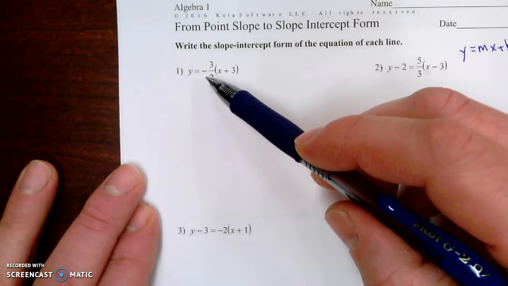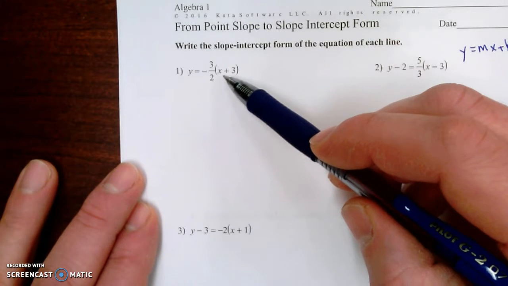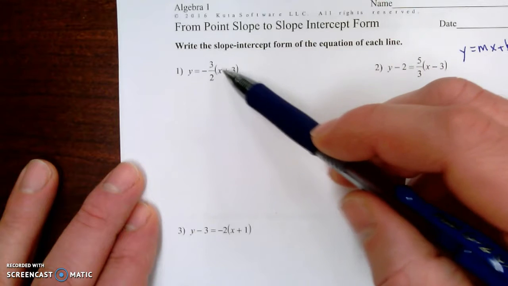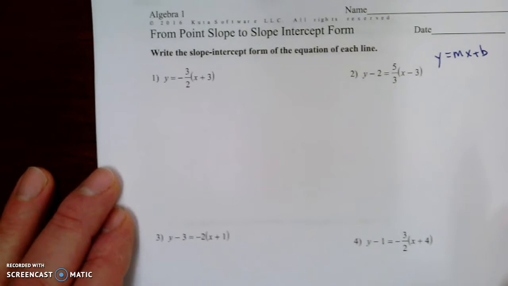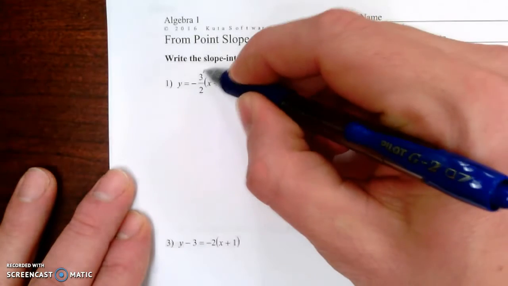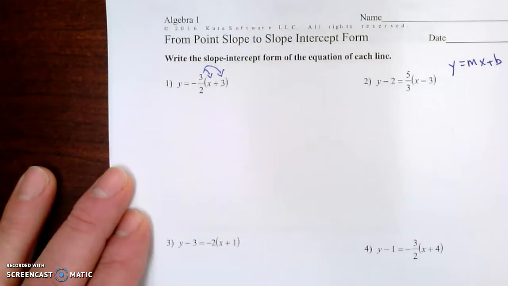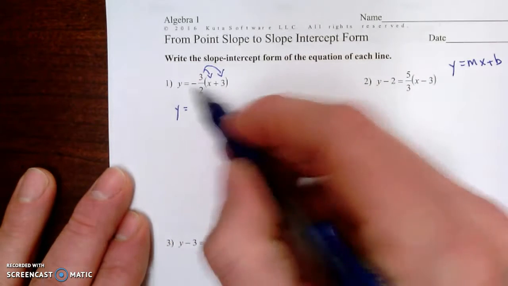Now here, you'll notice that the y is already isolated, but it's not quite in that slope-intercept form because we've got these parentheses here. Over here next door, the y is not isolated. We've got a -2 that goes along with it. Okay, let's start with this one. First thing you need to do to get rid of the parentheses is just use your distributive property. So we've got y equals